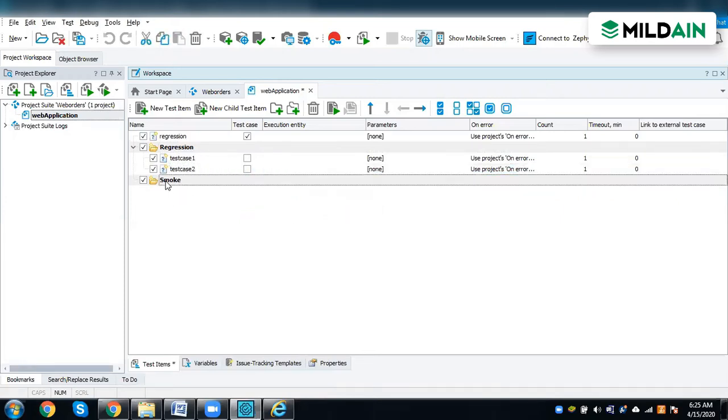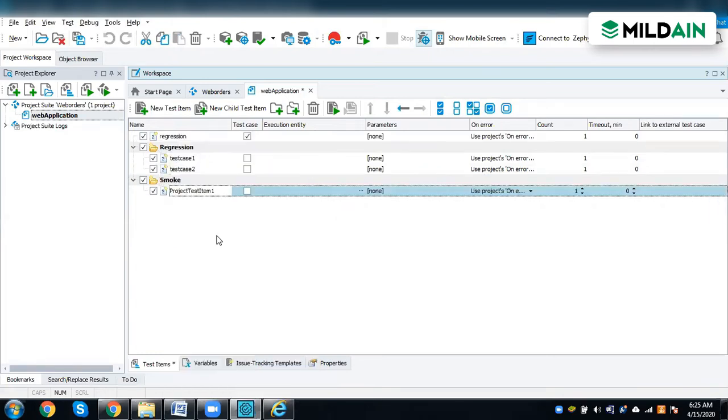Under smoke I can have multiple test cases, maybe like test case 3.